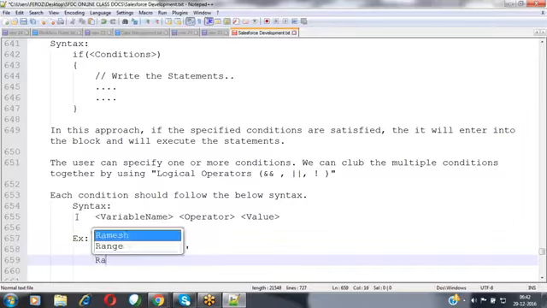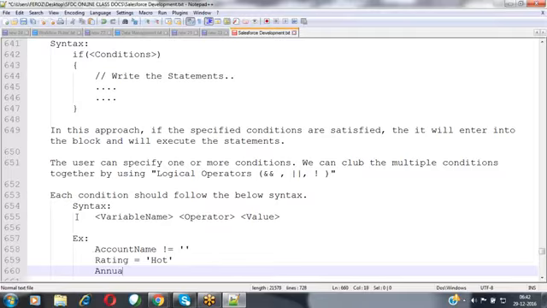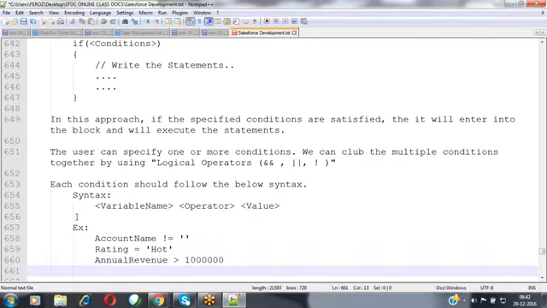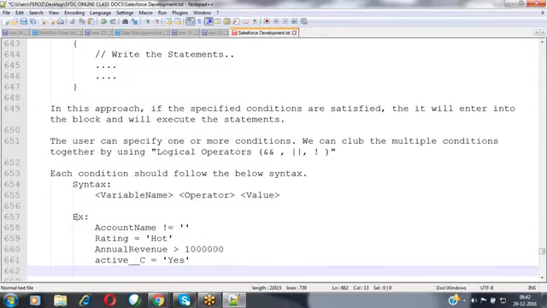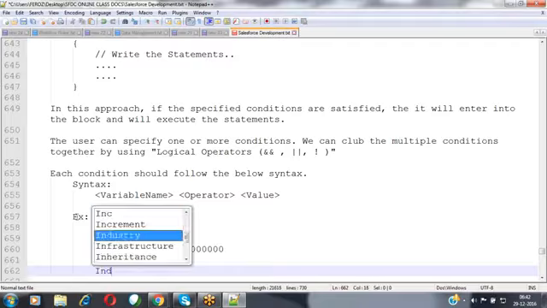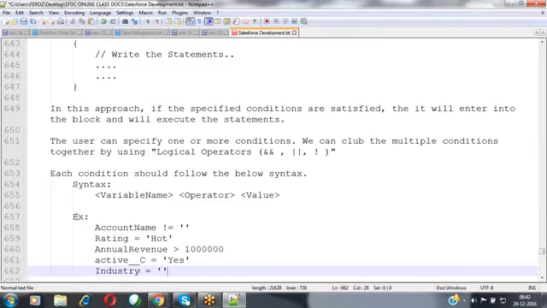Rating value equals to hot. Annual revenue is greater than 10 lakhs. And active status equals to yes. And industry equals to banking.